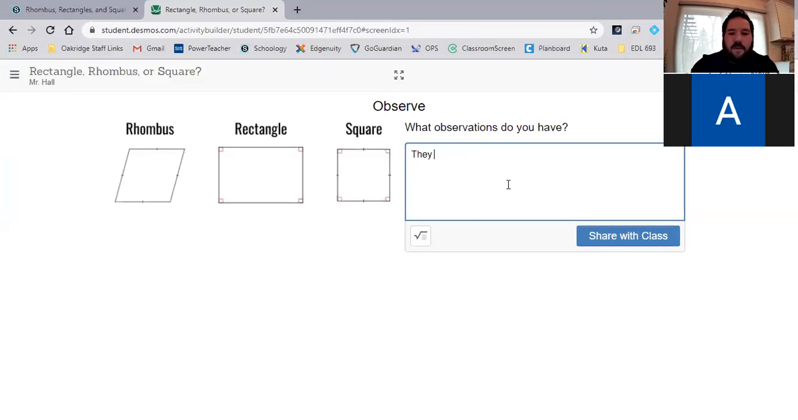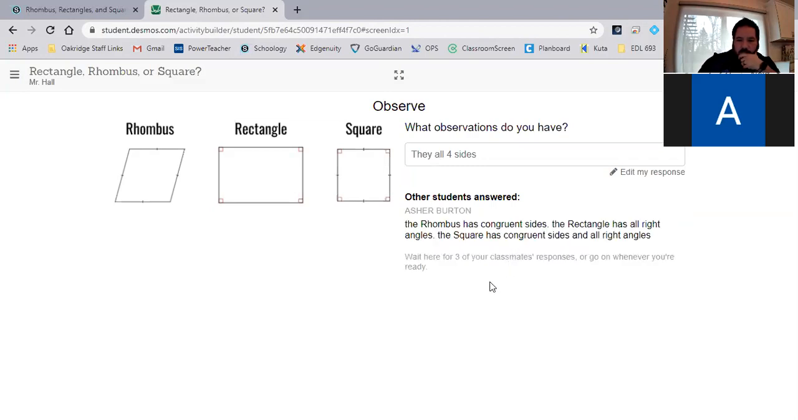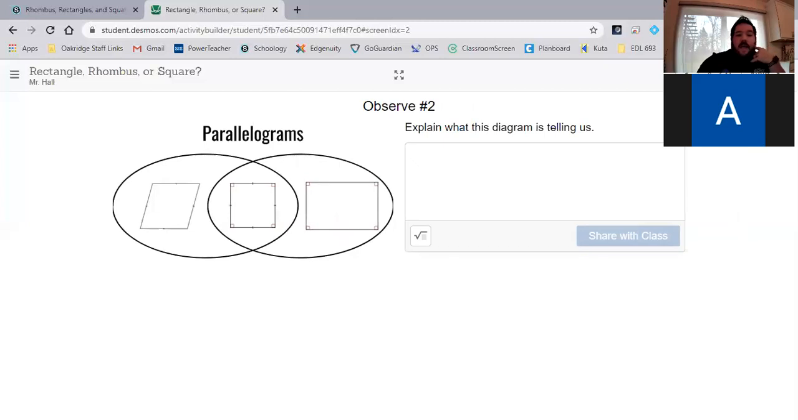I'm gonna just put in something real basic. They all have 4 sides. All right. And so now let's move on. And now we have a Venn diagram. And in this Venn diagram, so if you'll go to slide number 2,